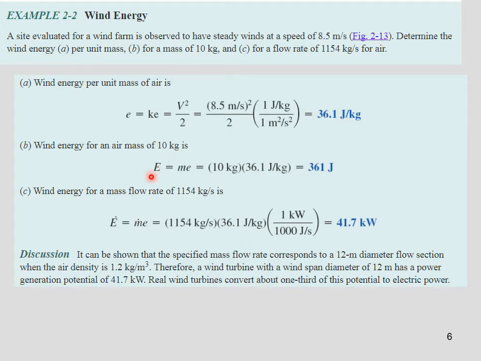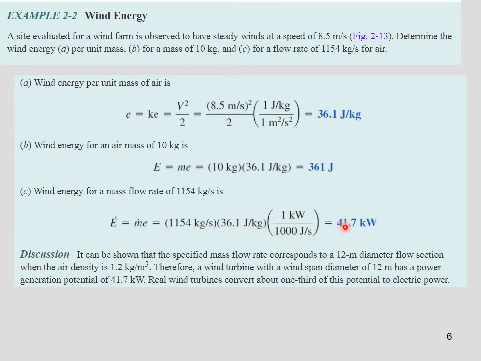To find the total energy, we just have to multiply by m, which for part B is 10 kilograms. So that makes it 361 joules. For part C, we have a mass flow rate. So here, we're going to use the formula E dot is m dot E. Since we know what m dot is, and we just calculated E from part A,